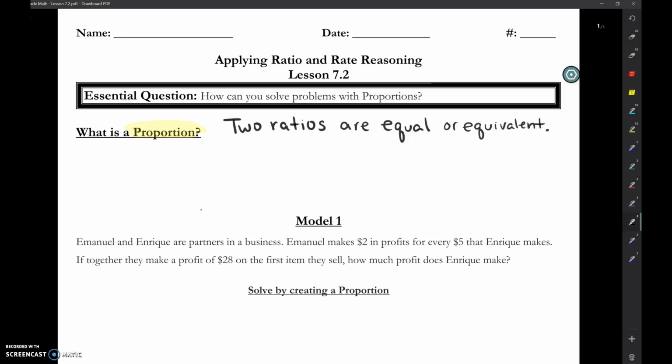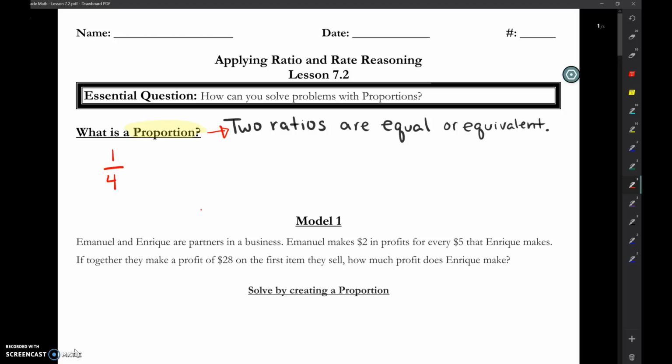So what is a proportion? A proportion is two ratios, and I have the definition here, and you're going to copy this down, two ratios that are equal or equivalent. I'm going to give you some examples of what a proportion is. So our first proportion would be